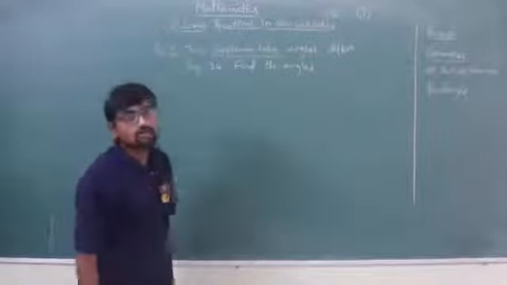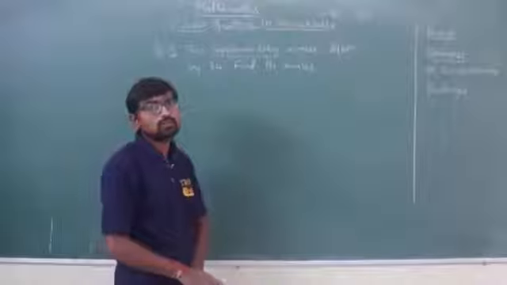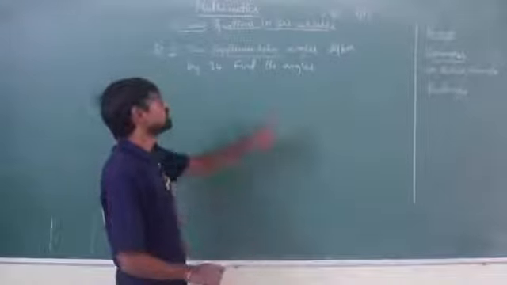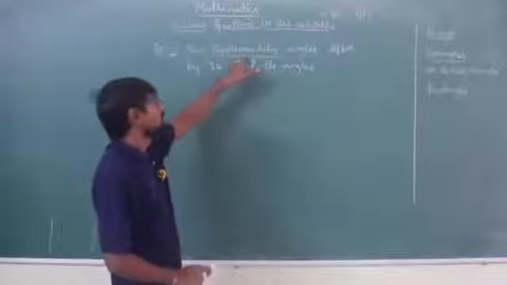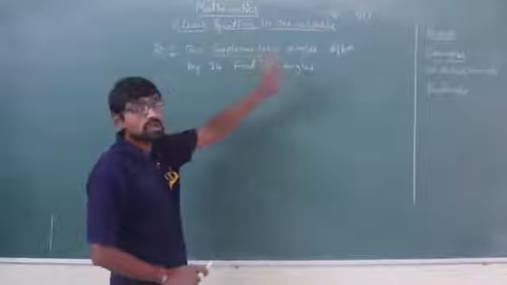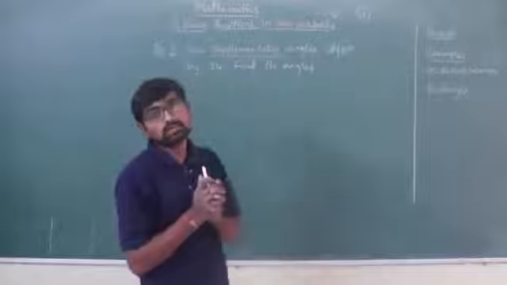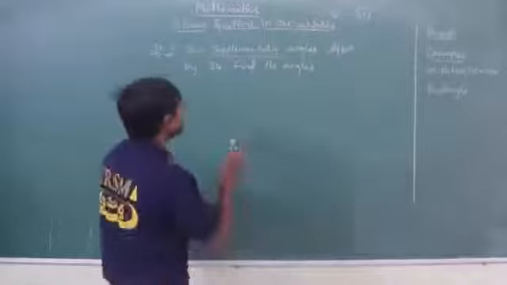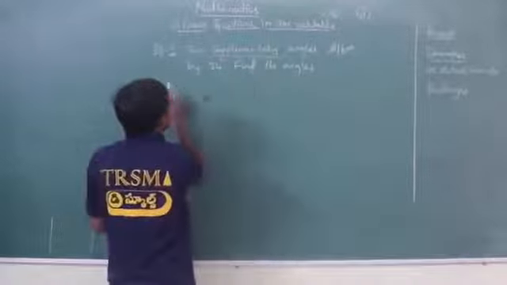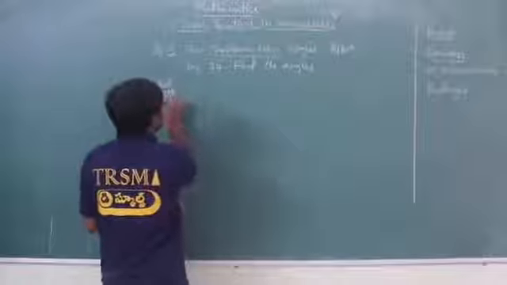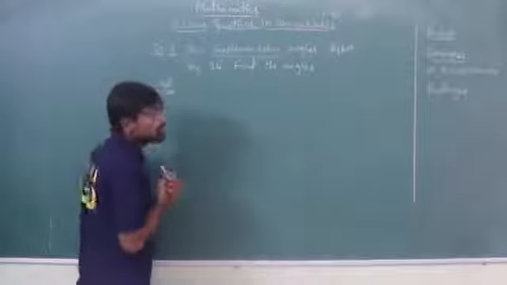So here we have two angles, and the sum of those angles is 180. Why? Because he asked us about supplementary angles, and both angles differ by 34 degrees. It means the difference between both the angles is 34 degrees. So let me write this. Solution I am writing here. Do we know the two angles?